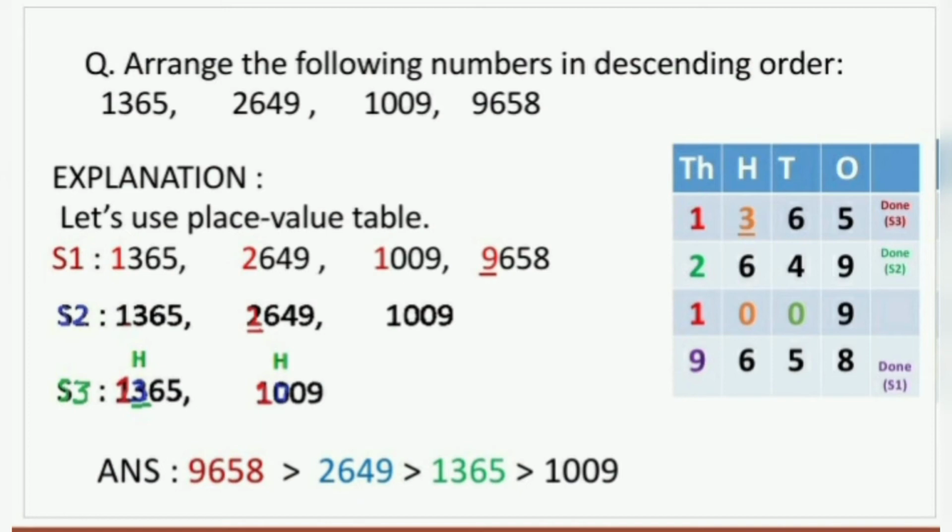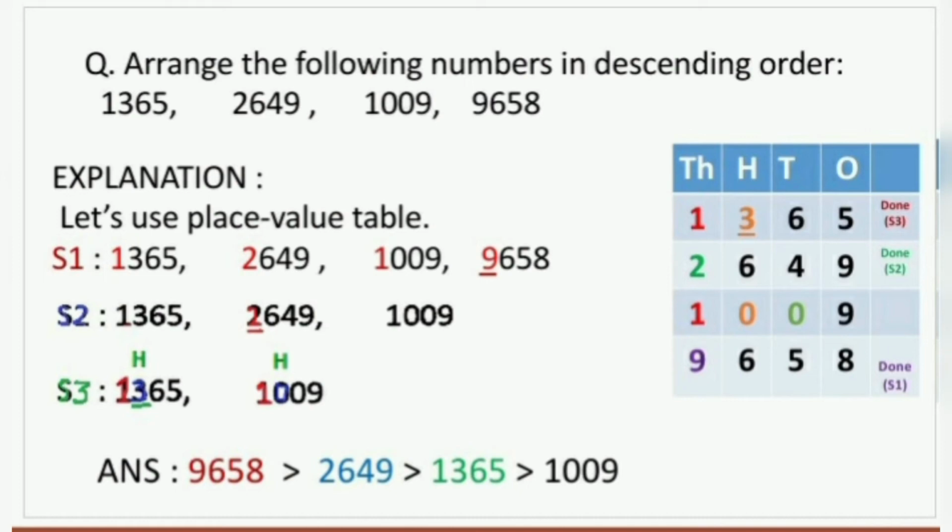Now, children, see this question. This is also a question where you need to arrange the numbers in descending order. And four numbers are given. You can see the numbers are written in appropriate columns in the tables given here. Okay, you can see the places, ones, tens, hundreds, and thousands, and the digits of the numbers are written in specific columns. Now, when you arrange the numbers in descending order, you need to check the highest digit in the highest place, that is in thousands place. You can see 9 is the greatest number.